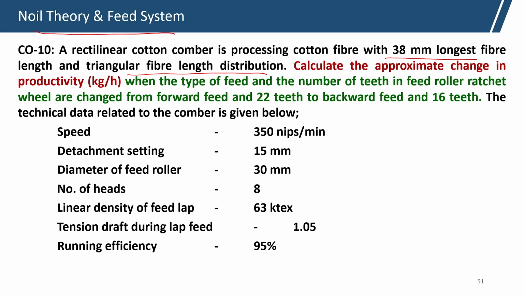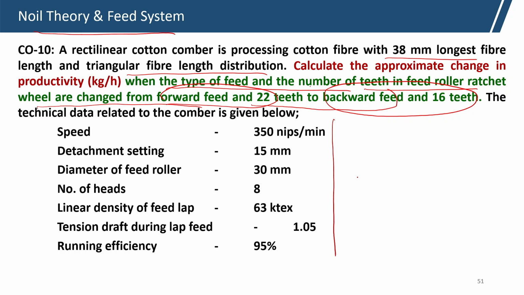Calculate the approximate change in productivity, that is in kg per hour, when the type of feed and the number of teeth in the ratchet wheel are changed from forward 22 to backward 16. Initially forward feed 22 teeth to backward feed 16 teeth, and with all these parameters we want to calculate